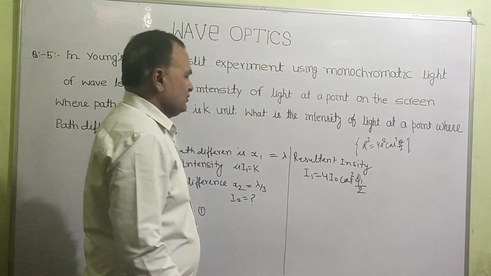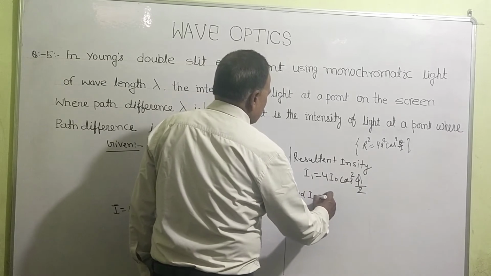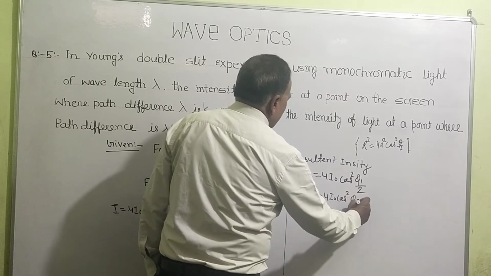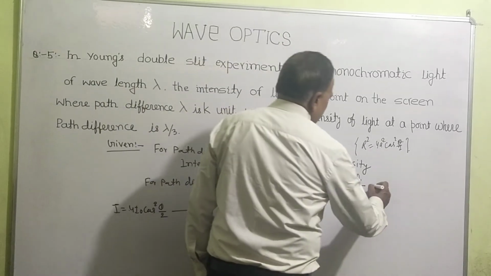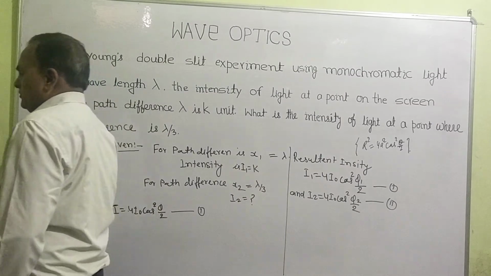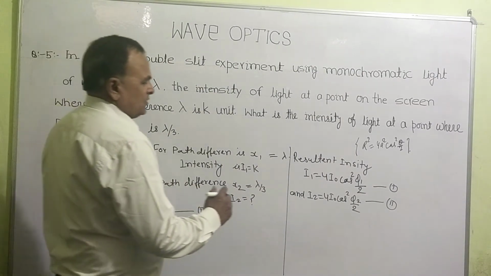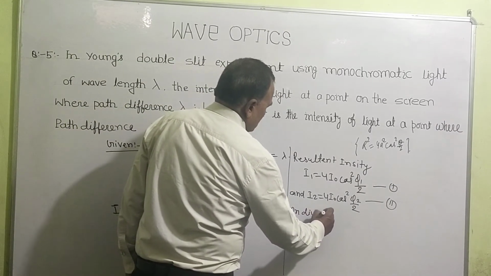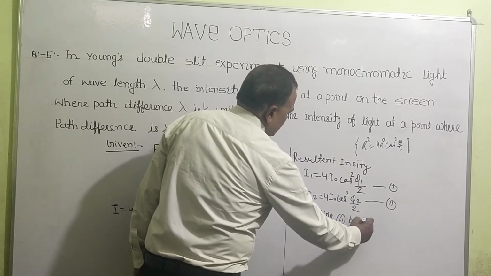Similarly, I2 is equal to 4 I naught cos square phi 2 by 2. That one is equation number first, and that one is second. Now dividing second by first,